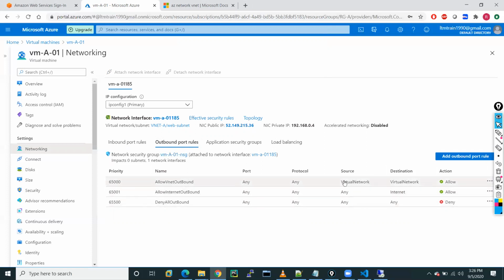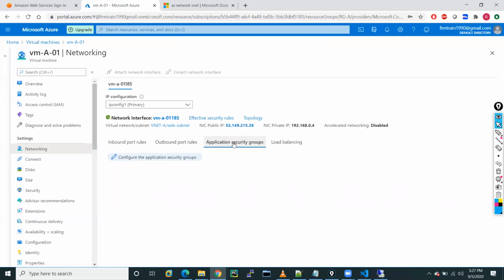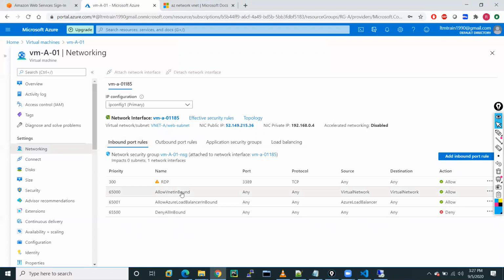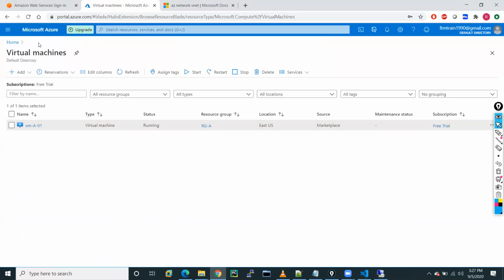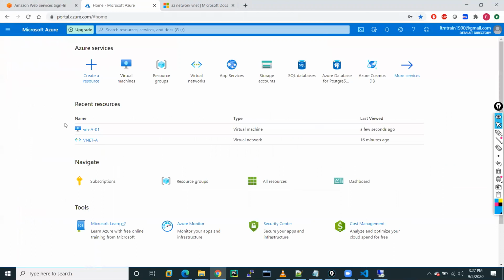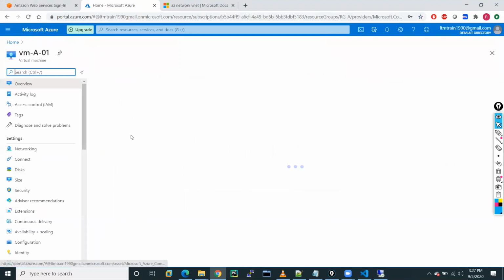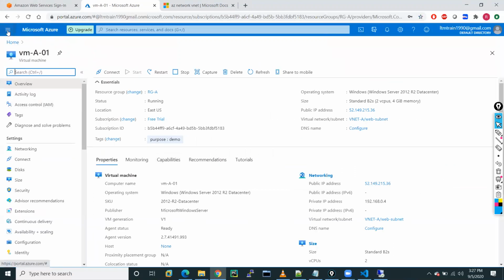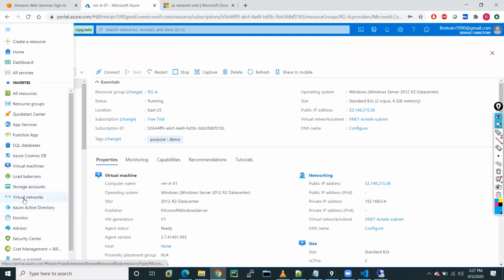Between the virtual networks also all the traffic is allowed. But we have allowed port 80, but I'm not able to see that port. So what I can do, let me go into virtual network first.